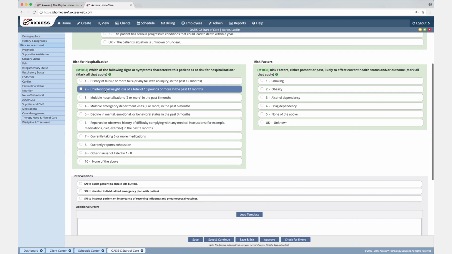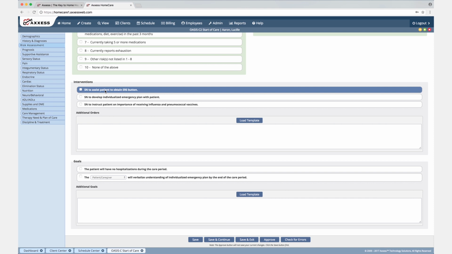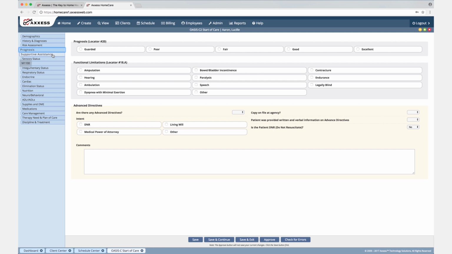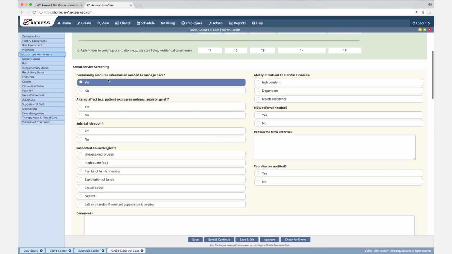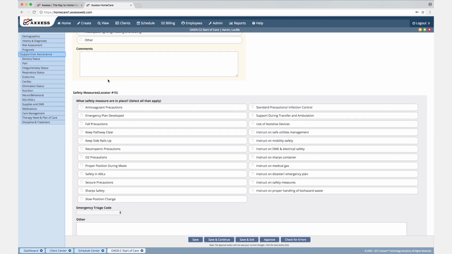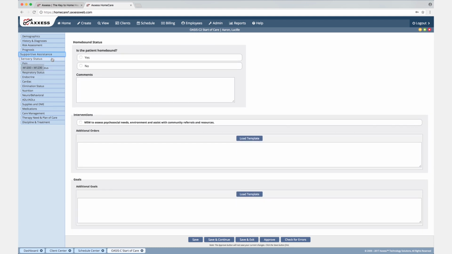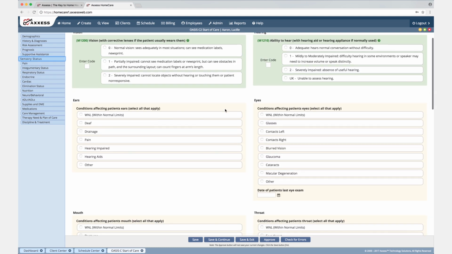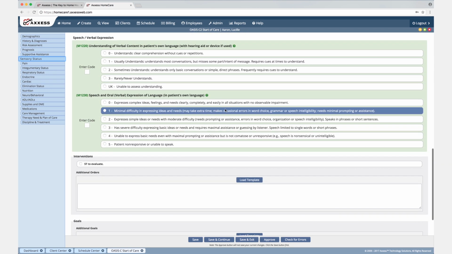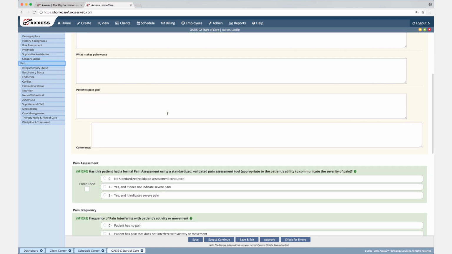In each section, you do have your interventions and your goals, which does flow over to your 485. Your prognosis and advanced directives, supportive assistance, and social service screenings, along with your safety measures, emergency triage code, homebound status, your interventions, and your goals. Sensory status, pain, interventions and goals for pain,